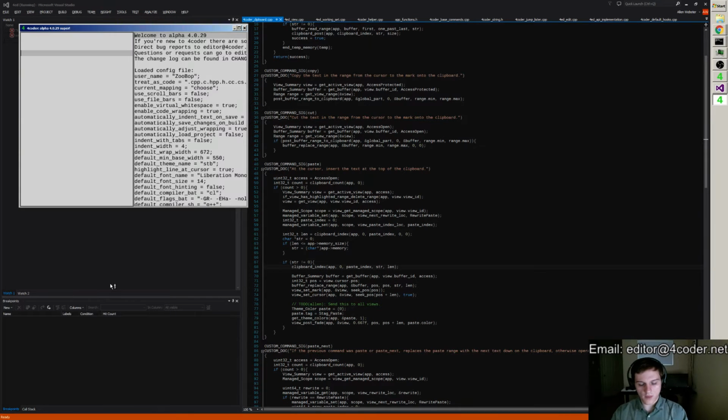So now if I do hello world 4coder notepad, that's not how you spell notepad, Emacs, right, and then I start pasting, then it will work like a normal paste, right? And if I do paste next,